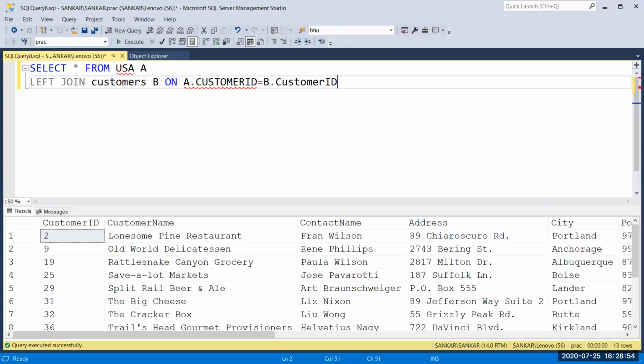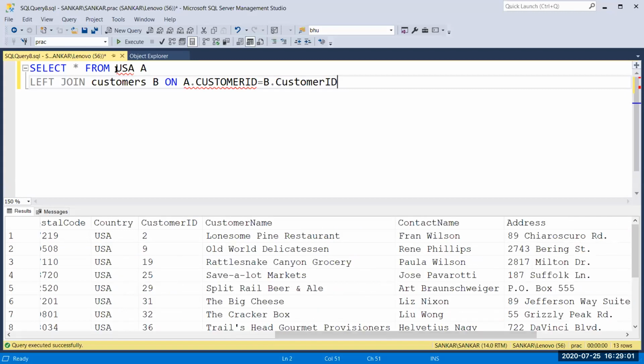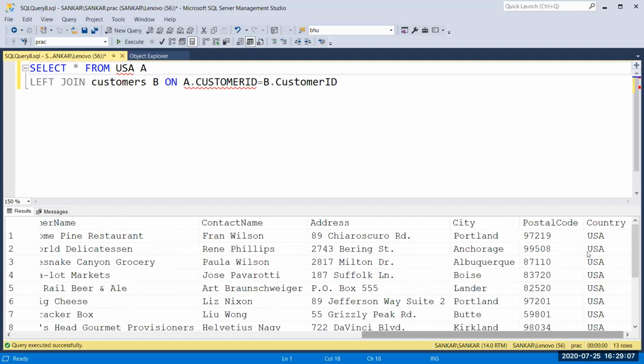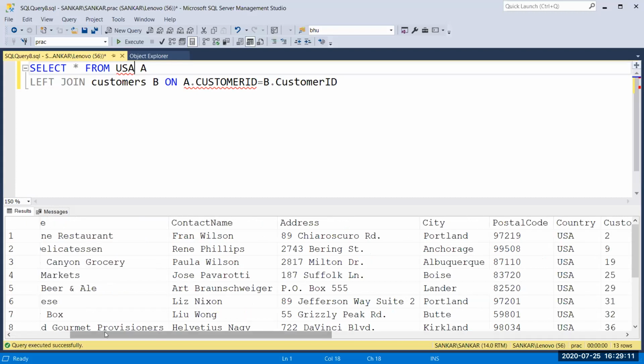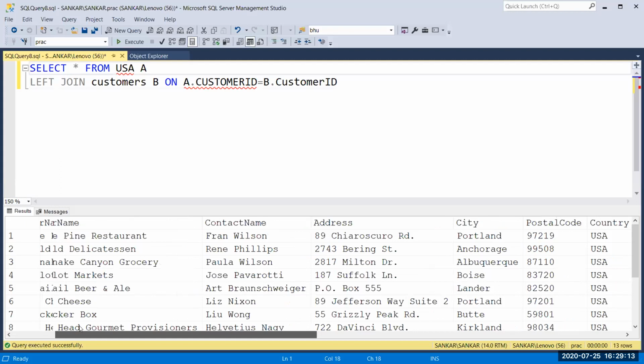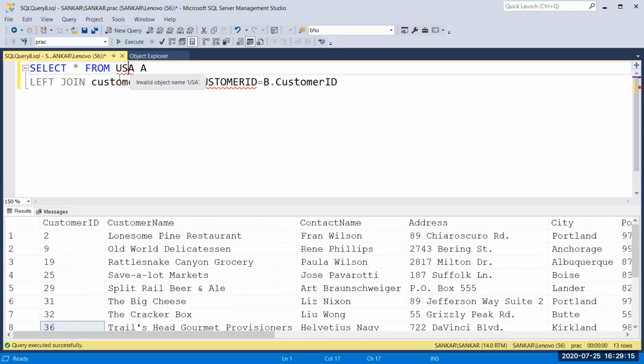So now we get only 13 data because the USA has only 13 records, right? So it contains only the customers in USA, right? What are the customers from USA? Then it returns that only. So we have 13 rows.